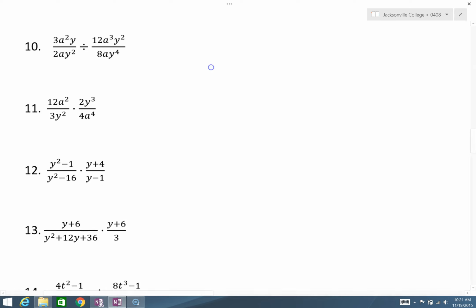Number 10. Well, first we notice it's a division. If it's a division, we will multiply by the reciprocal, leaving the first fraction the same. We will change our divide to a multiply, and we will